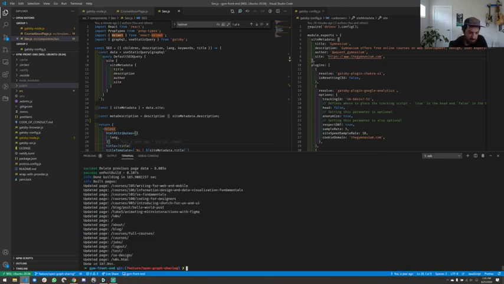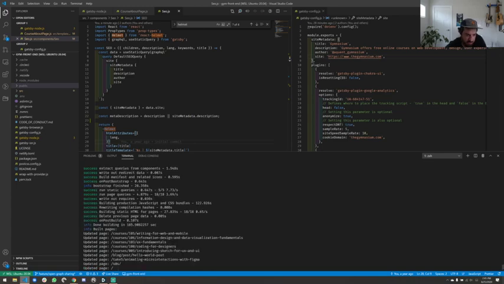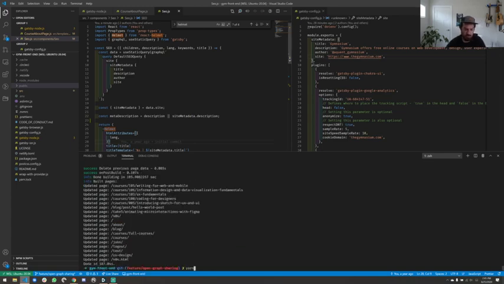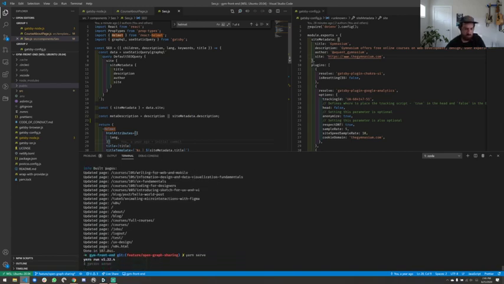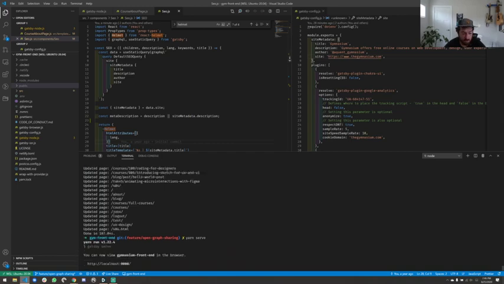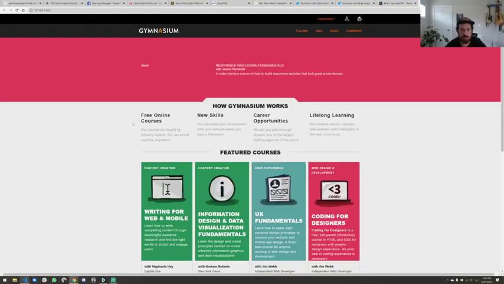There we go. Okay, bunch of files created. And I think we can do yarn serve. And that'll serve up a production version of the site, which is different from the hot swappable dev version of the page that I was just working with.